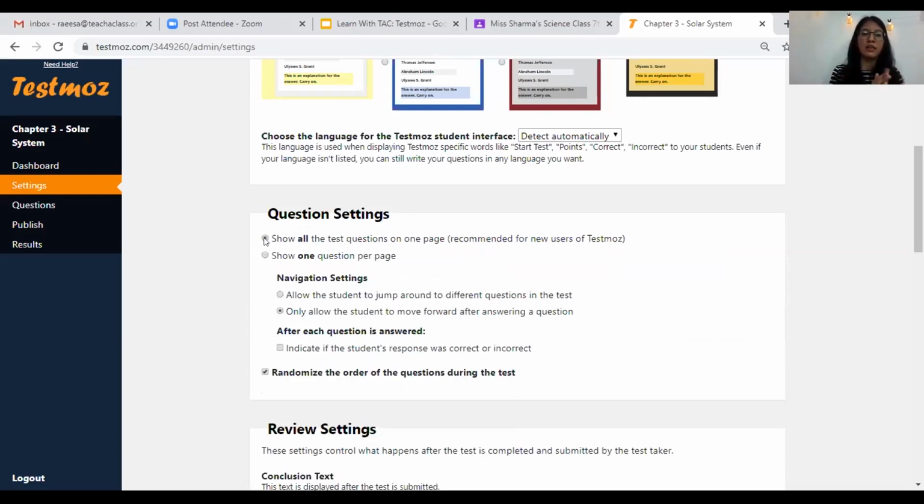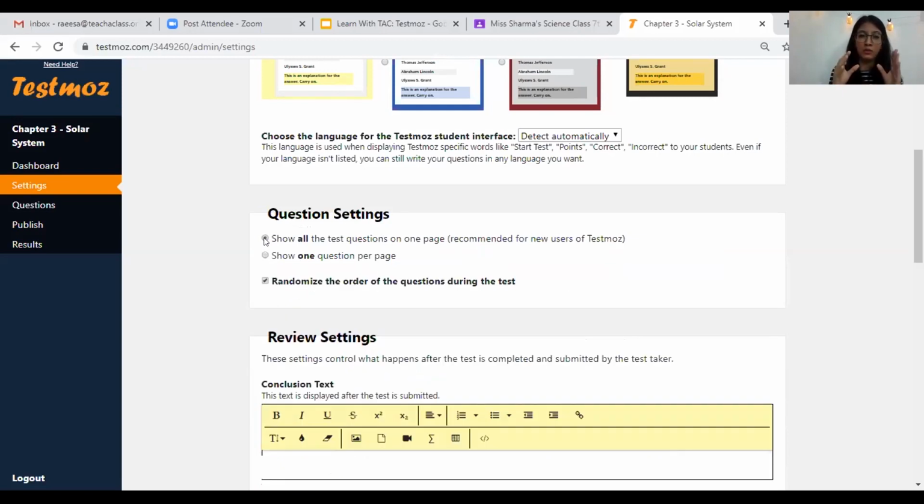Just so that in case they don't want to answer one question, they can simply move over to the next and then come back to that question later. Otherwise, they would get confused about how to navigate back and forth if there is only one question on the page. So to avoid that confusion, I like to keep all my questions on a single page.